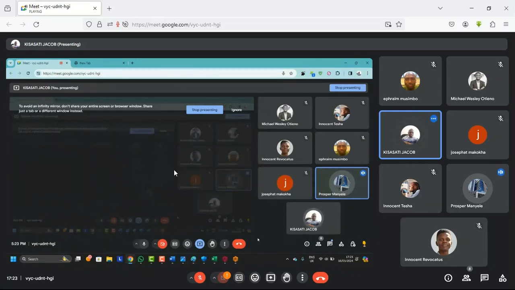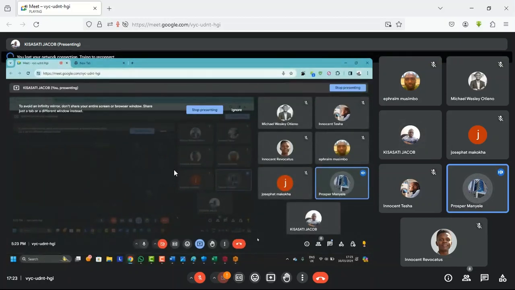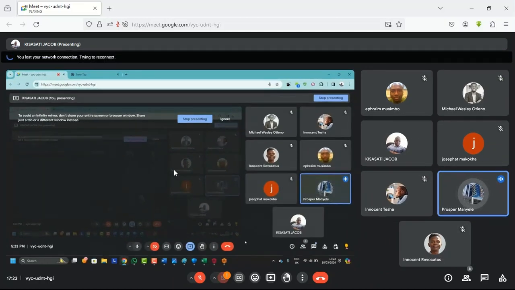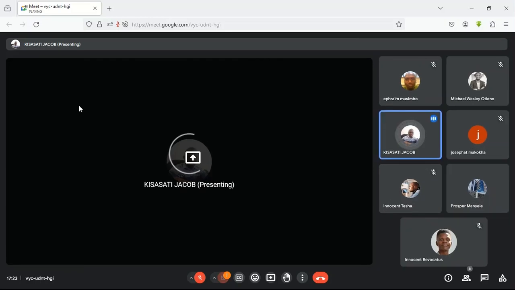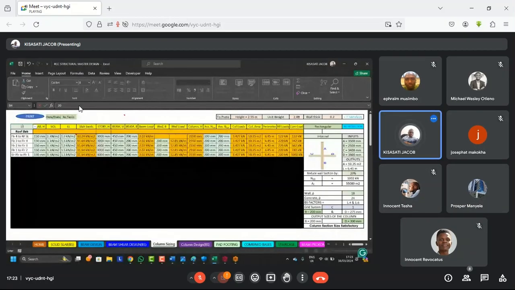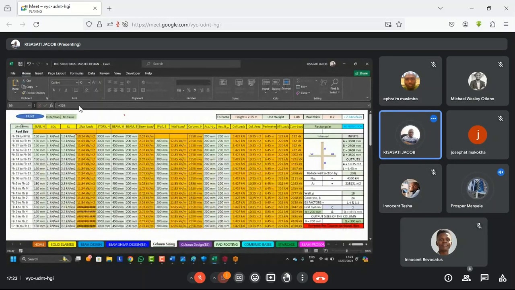Thank you. It's about these Excel sheets. I can see you do only 5 floors. How many floors can you do using the spreadsheets? The loads for how many floors? Oh, this spreadsheet is up to 20 floors. 20 floors. As you can see, yes, it will